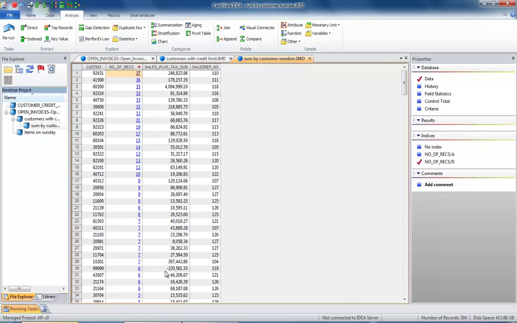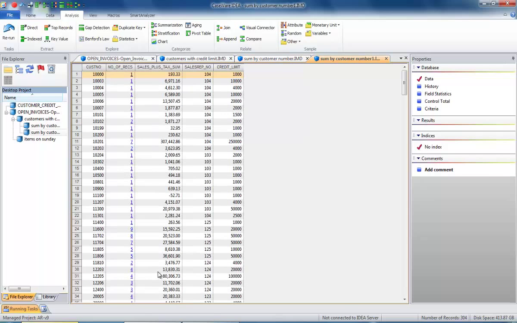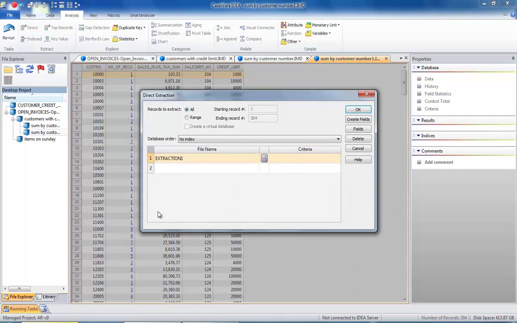That's the first part of the test. So now we need to take a look at how many of these customers are exceeding their credit limit. To do that, we're going to do a direct extraction. I come over to direct, select the dialog box. Again, there's the help button, and give it a name,